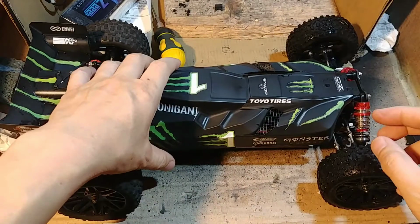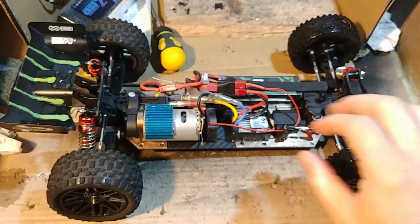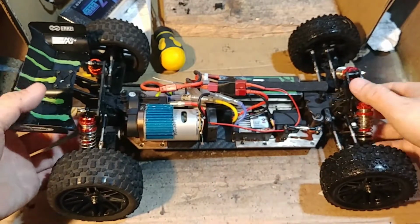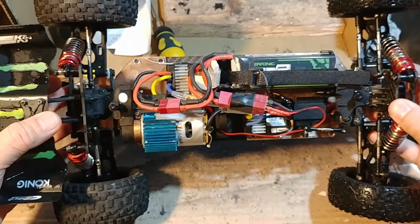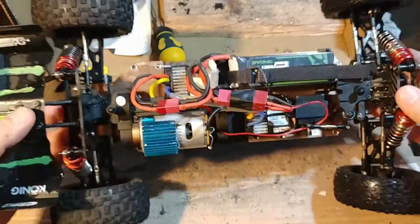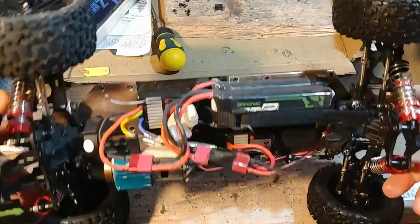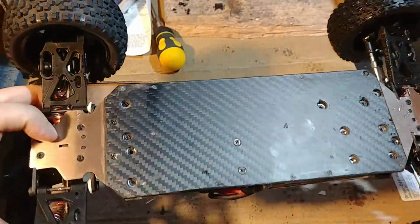Okay, guys, came back in. It's pouring outside, so got myself a little wet. I have an issue with the ESC actually cutting power to the motor, so it won't be able to sustain full power speed. I don't know if a cat pack will help, but I'm probably gonna give it a try. And if you guys haven't seen my conversion, this is carbon fiber base, expanded the original stock plate